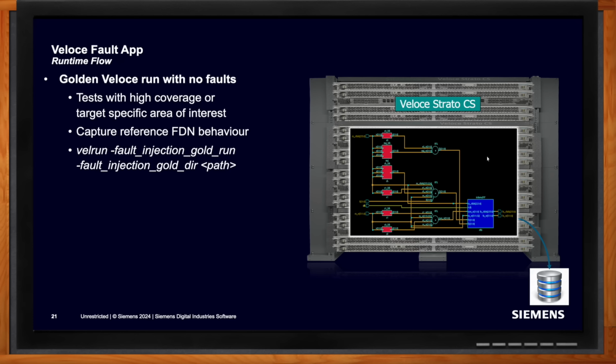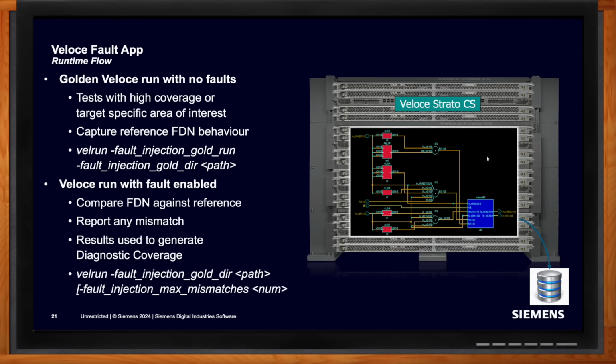Then what we'll do is start the fault campaign by injecting faults. So we'll inject a fault, run the stimulus, and see what happens to that stimulus. Any deviation from the golden run gets tagged. It could be an FDN, or it could be something earlier that happens in the logic. But any of those differences, we do the comparison to the golden run, and we can generate some basic diagnostic